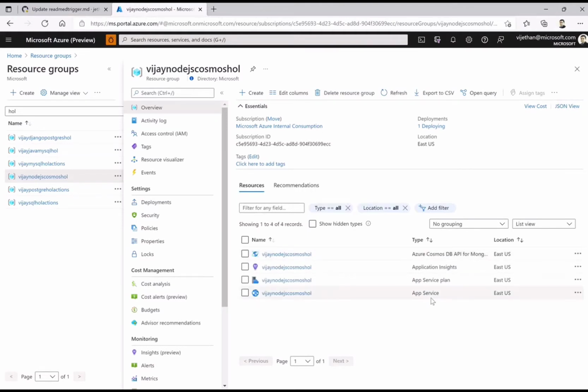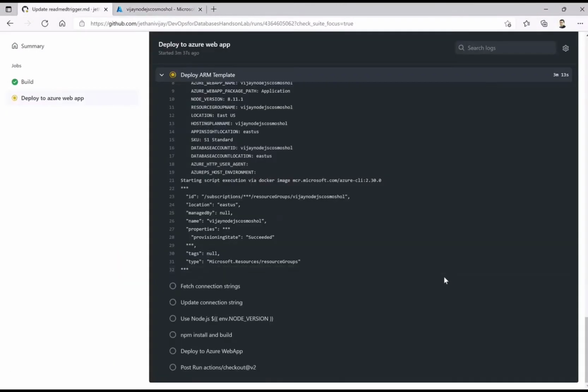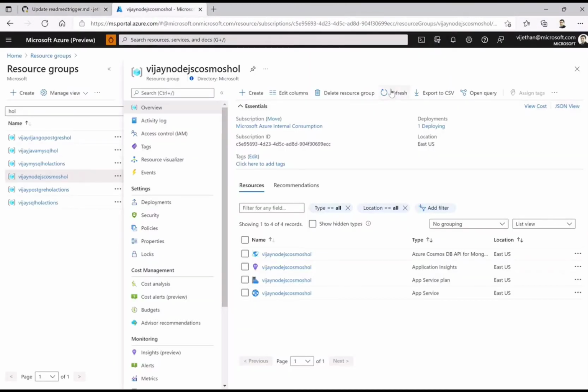Okay, so our app service is there now after the app service plan. We can simultaneously check the resource group, so that is what I'm doing currently. These are the four elements obviously we require. So I think it should finish up soon.